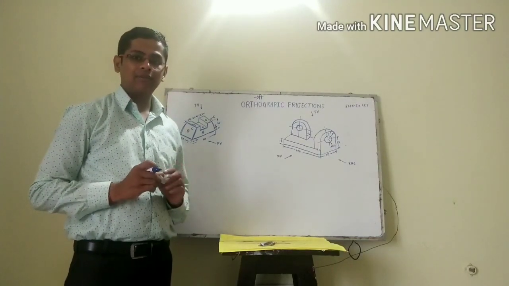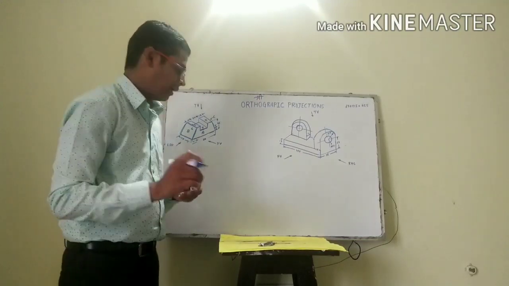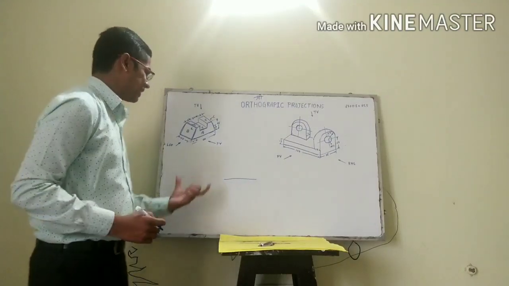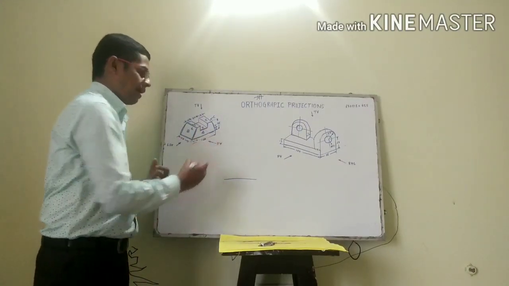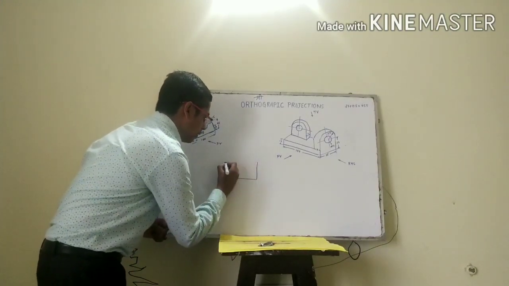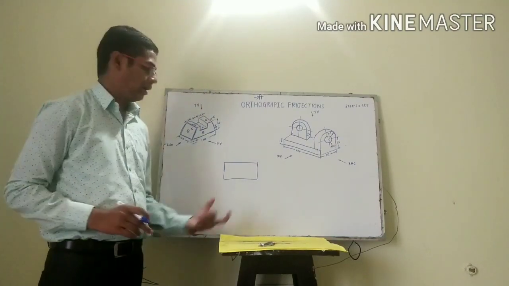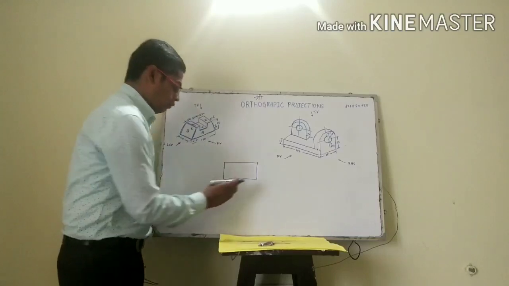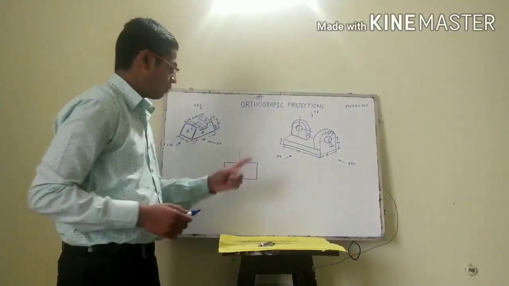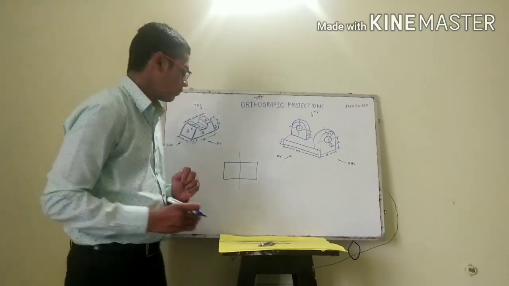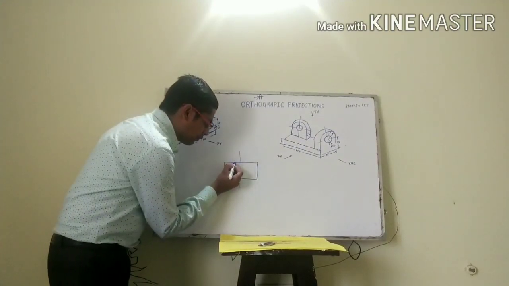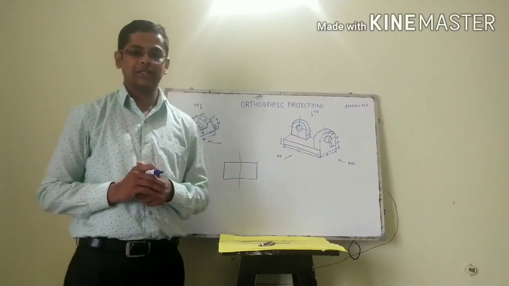So we will start with the diagram. I am not drawing as per the scale. First, one line, the length of this line is equal to this, which is 100 mm in this case, and the height is 45, and I will construct one rectangle, 100 by 45 is the height. What is the center of this 100? The center will obviously be 50. So I will draw one line. Whatever I am drawing, everything is light. This is 30, so from center 15 mm this side and 15 mm that side.